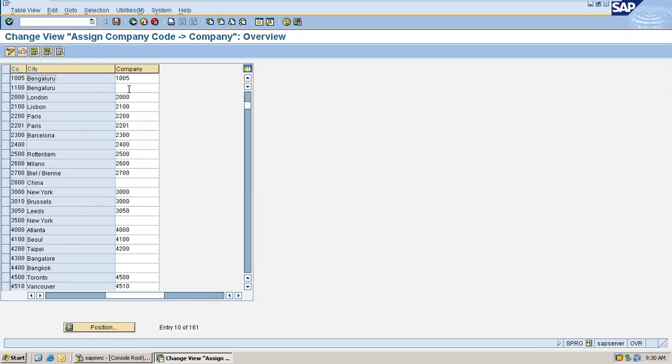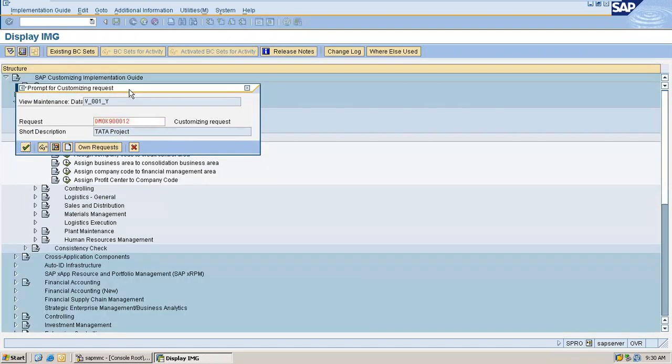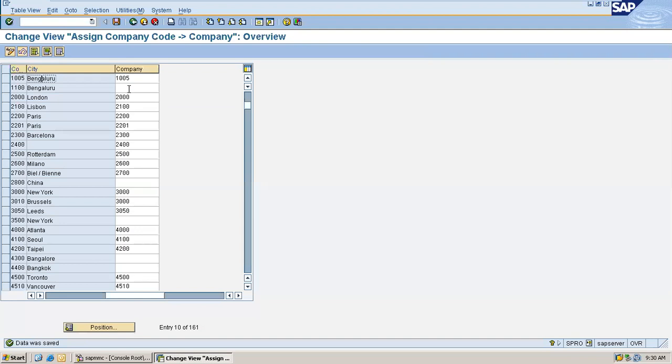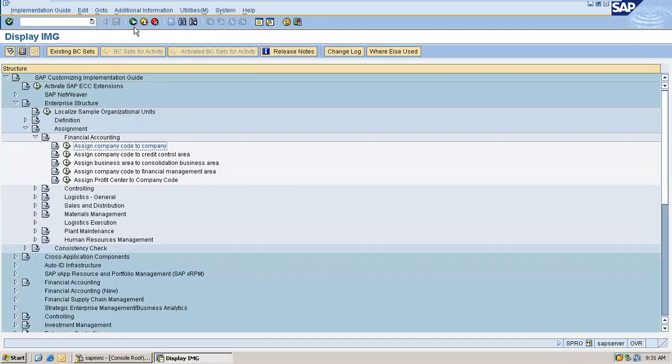Okay, let's form the structure now. Save it now. You'll get a pop-up. Continue. Now, so I am done with assignment in financial accounting.